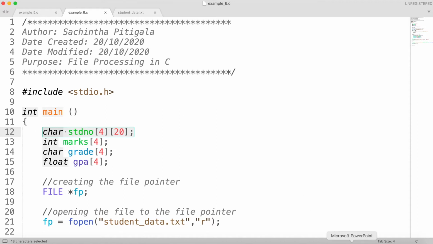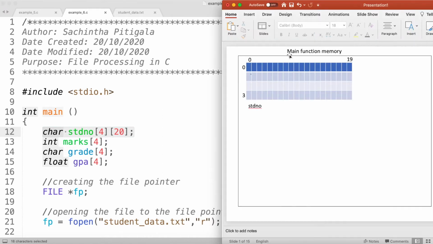Within the main function memory, it will have the two-dimensional array called student number, with 4 rows specified by the first dimension, and the second dimension specifies the 20 columns. So this is how my program memory looks after executing the first statement in my main function.